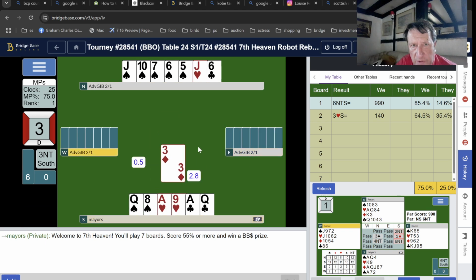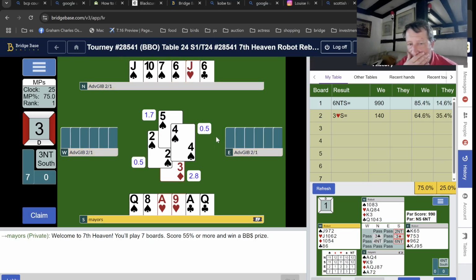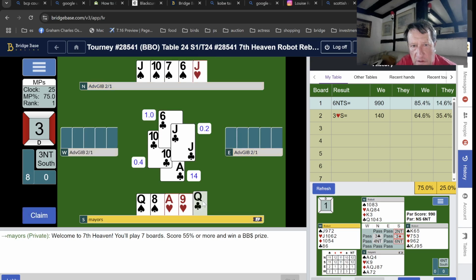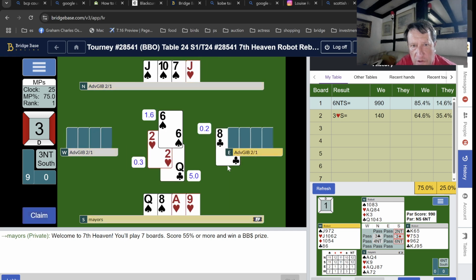Heart and club goes. Spade goes. Spade goes. Are the remaining clubs 3-3? I think we can play off these now. No, they're not. Now it's beginning to look like they did lead from...